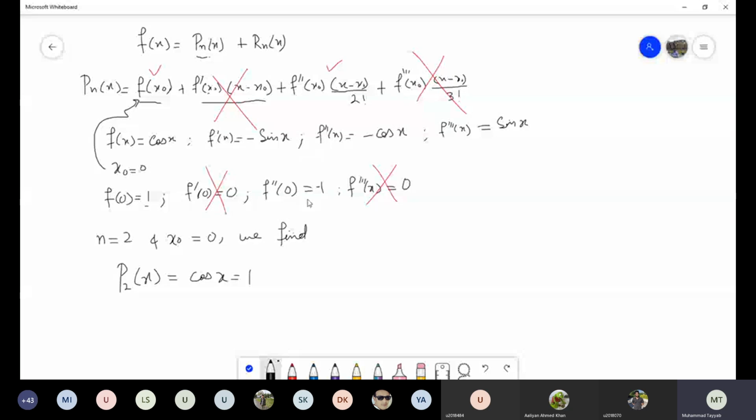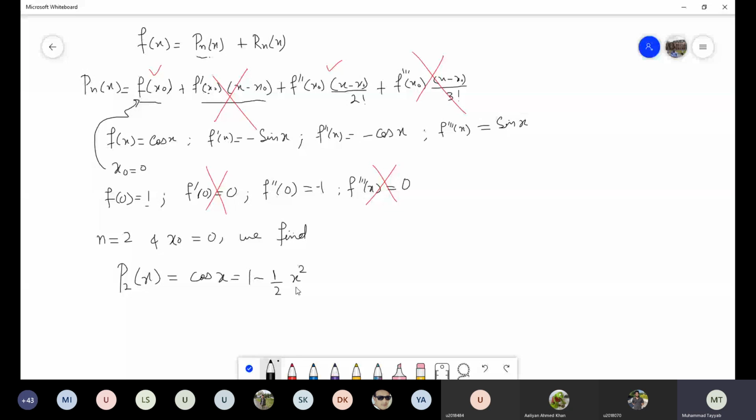And this one f double dash was -1 and the x minus x naught, so I can just write it as -1, x will remain as it and the x naught is equal to 0, so all together this will become 1 by 2 x squared. यहां तक तो ये बना,